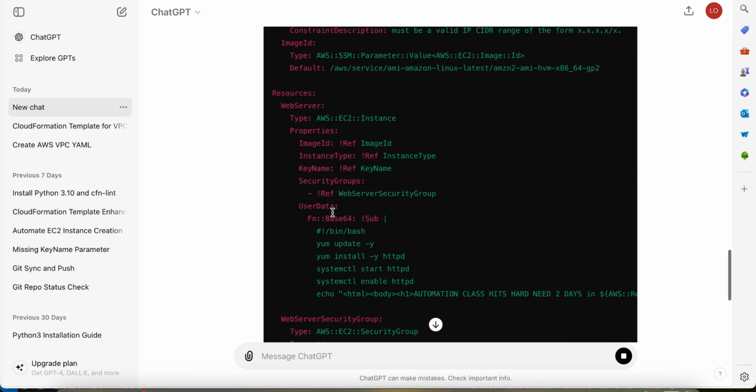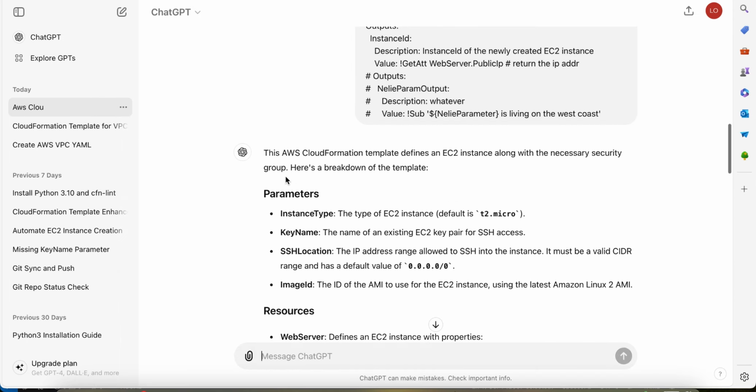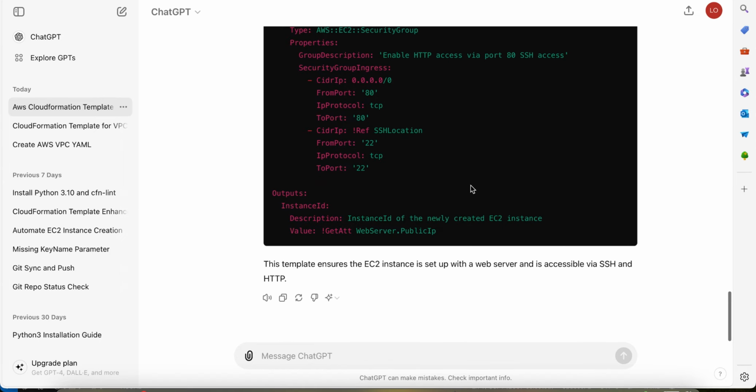Okay, and if you look at it, it's going to tell me here: this AWS CloudFormation template defines an EC2 instance along with necessary security groups. Here is a breakdown as such. All right, and I can modify it by simply